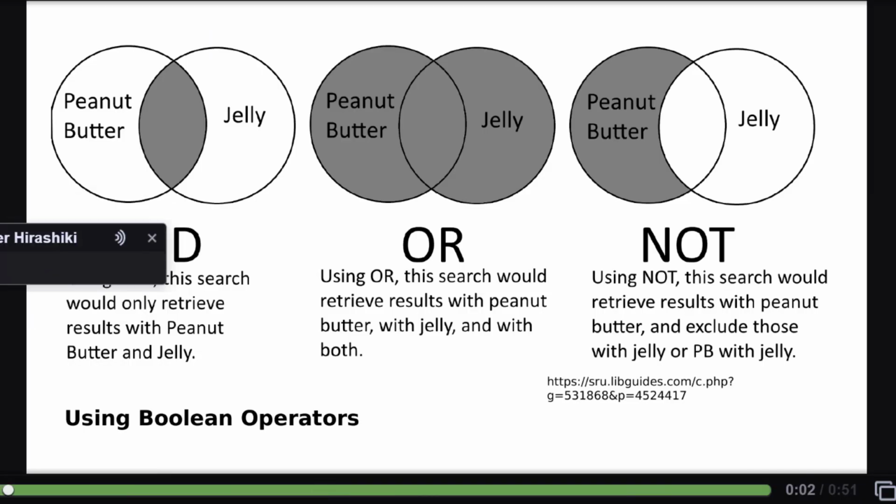Now, let's talk about Boolean operators, which are the terms and, or, not. Boolean operators are helpful in narrowing down your search results. If you use and while searching two terms, the search results will include only both search terms, such as peanut